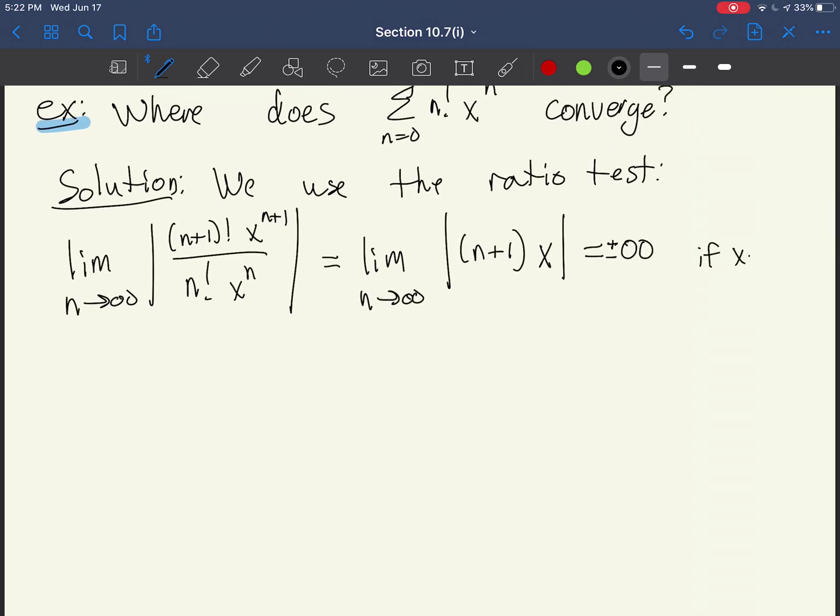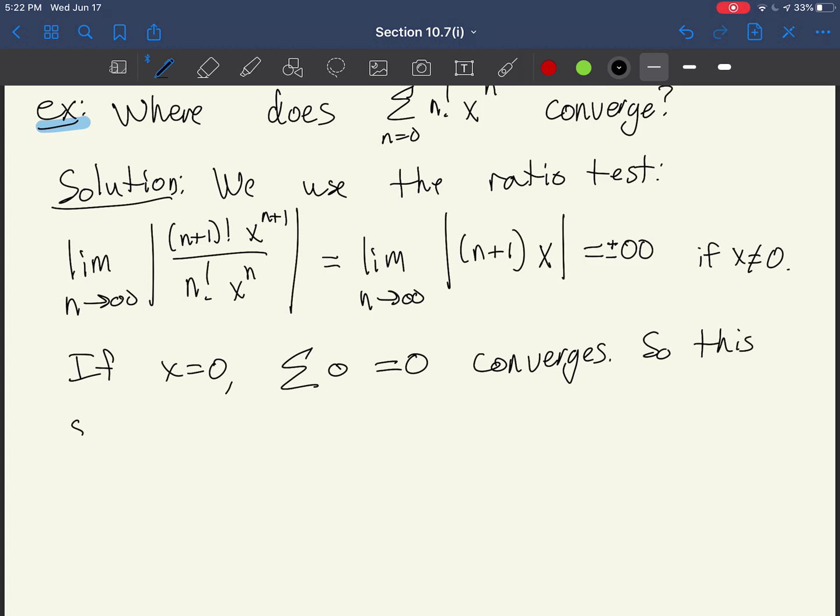But what if x is not positive or negative? What if x is 0? If x is 0, then we have the summation of 0, which equals 0. This converges. So this series,